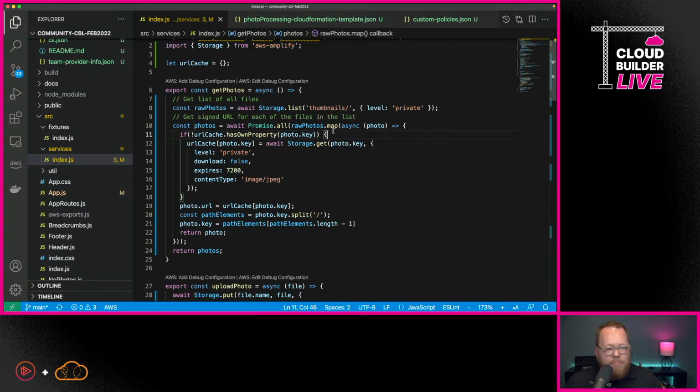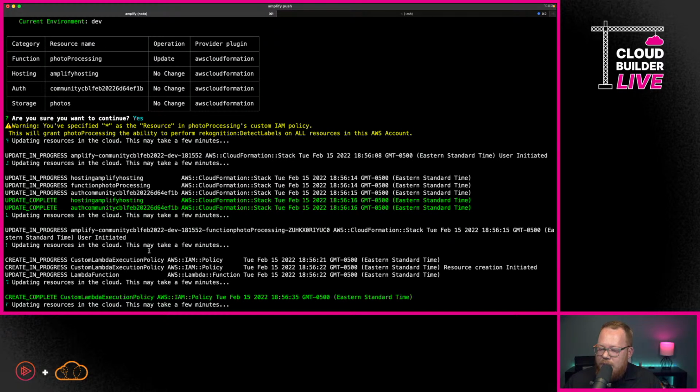So once we have this in place, we really have all the different components in place to see our application working as intended. So I can see here that it's still updating. And so we'll give it just a second and then we'll publish out our changes to the UI. But as we're winding down here, we're getting very, very close to the finish line.